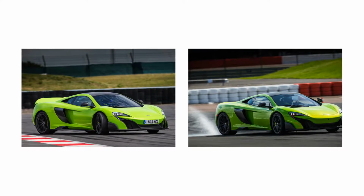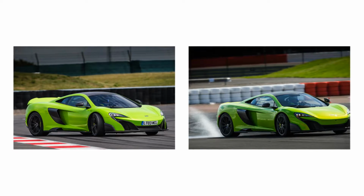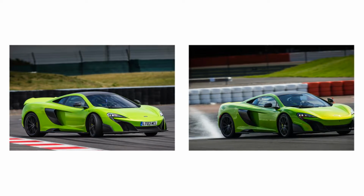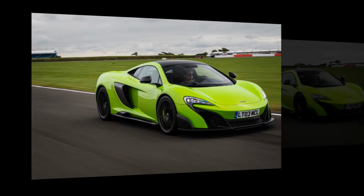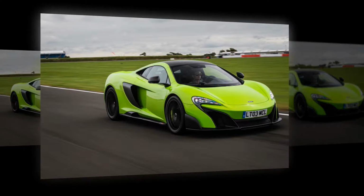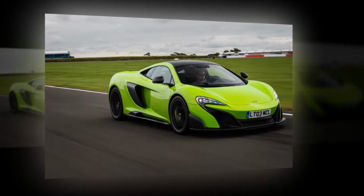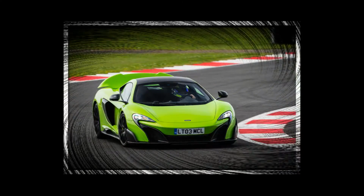One obvious problem to start: you can't actually buy a 675 Lieutenant, at least not from McLaren. The entire global production run of 500 already has sold out, with fewer than 180 of those likely to come to the United States. And those fortunate folks will find themselves owning what we predict will be one of this season's hottest automotive tickets. The 675 Lieutenant is a spectacular example of overcompensation, the lightened and tightened response to the